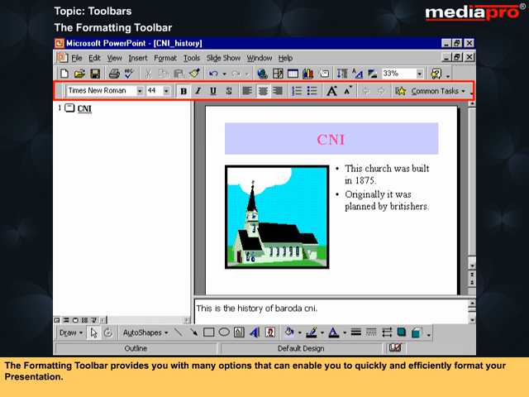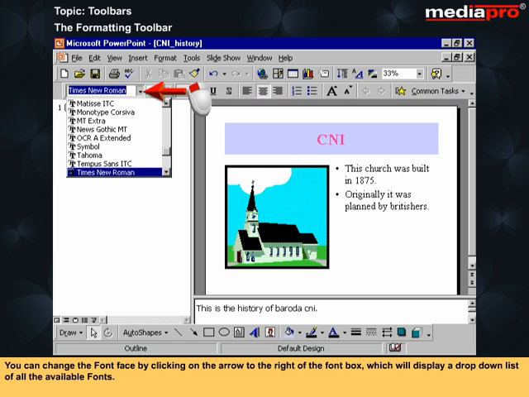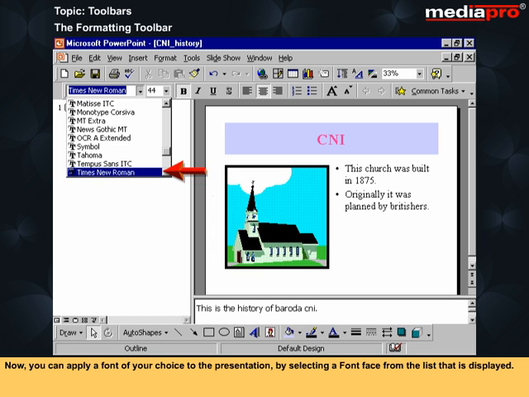The Formatting Toolbar provides you with many options that can enable you to quickly and efficiently format your presentation. You can change the font face by clicking on the arrow to the right of the font box, which will display a drop-down list of all the available fonts. Now you can apply a font of your choice to the presentation by selecting a font face from the list